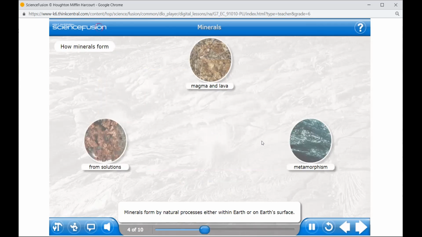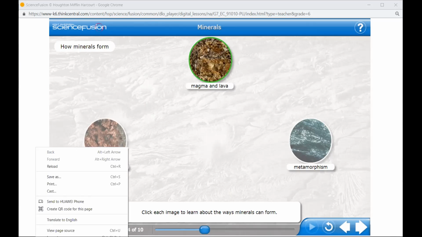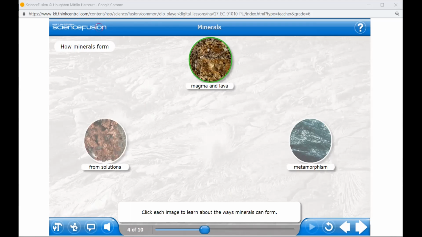Minerals form by natural processes, either within Earth or on Earth's surface. Click each image to learn about the ways minerals can form. Okay, before that, let me come here, next page here. The question is, they are usually inorganic. Okay, they are inorganic. You cannot say coal is a mineral because they said clearly that a mineral is not from